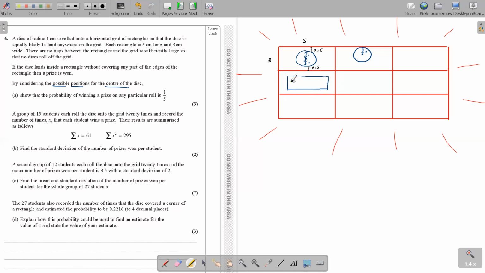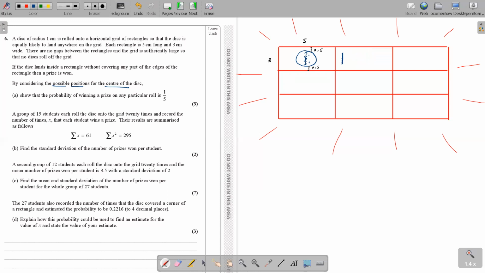So then these are the possible positions for the center of the disc. Children, do you understand what I'm saying? I think what I was saying earlier did not make sense, but I think what I said now should make sense. Now you know your radius is 1 centimeter, right? So if your disc falls to the very corner like a tangent, the center is 1 centimeter away from the corner. Do you agree?